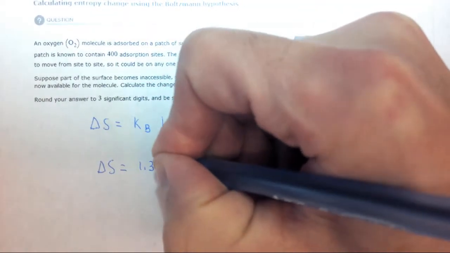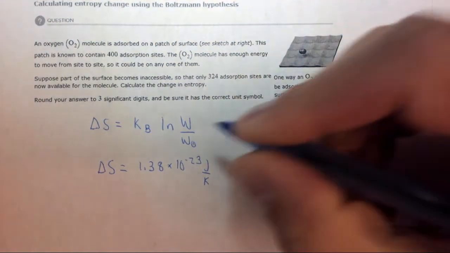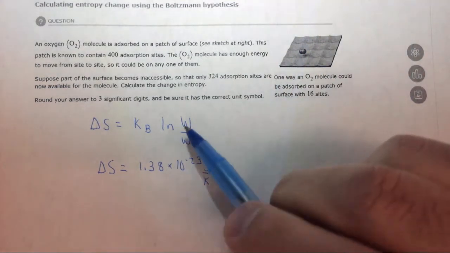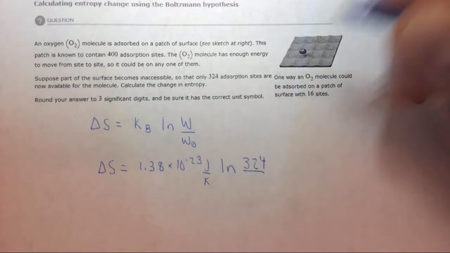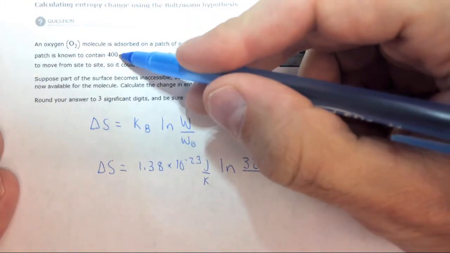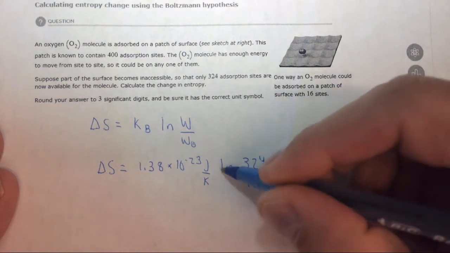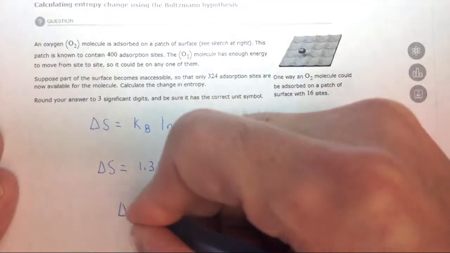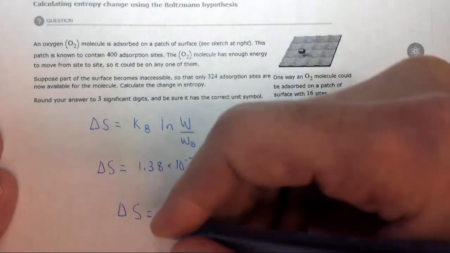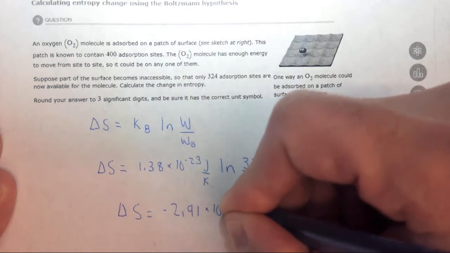Delta S equals, well, KB is a constant, 1.38 times 10 to the minus 23 joule per K, times the ln of the final state, which only has 324 microstates, divided by the initial state, which had 400 microstates. Divide the numbers, take the ln on your calculator and multiply it by the constant, and you will find that delta S equals, to three significant figures, as mentioned in the problem, minus 2.91 times 10 to the minus